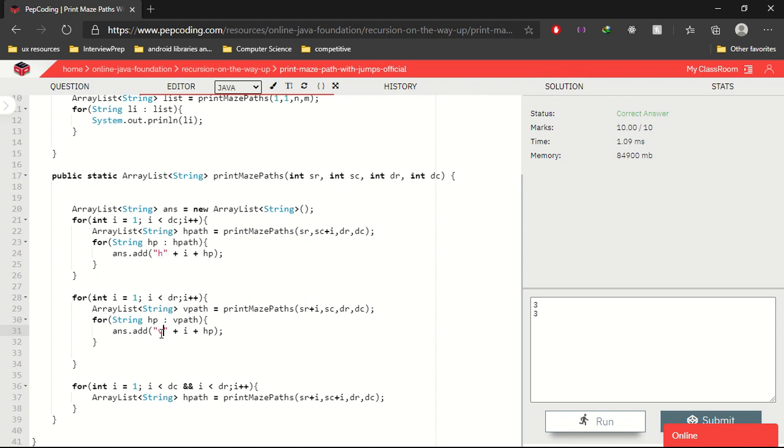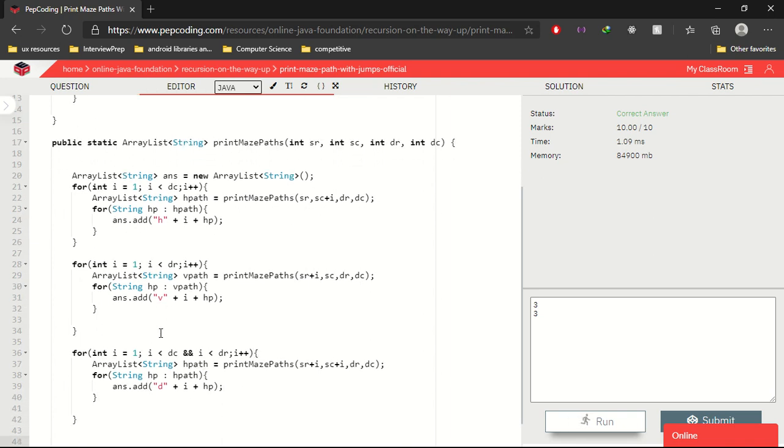This is a vertical move, and then again in the diagonal also we need to add h path dot add d, so d plus i plus hp, and we simply return this answer, which consists of all the paths.